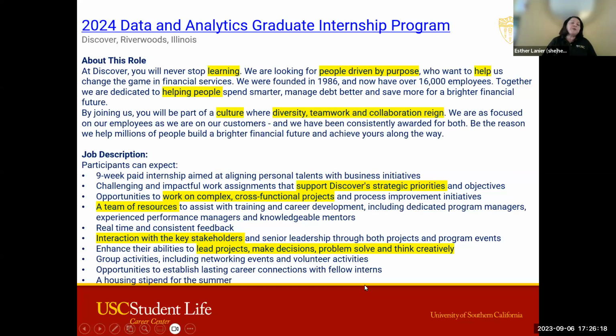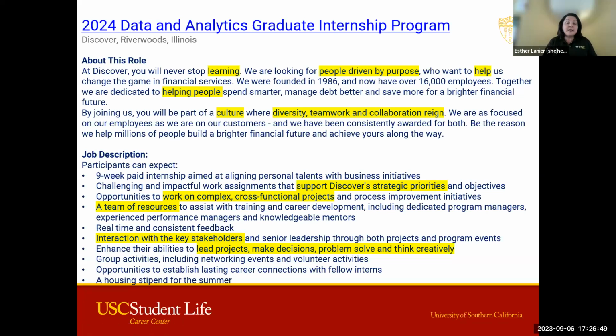This is all about you. So I wanted to showcase a job description that I was able to find. It's a data analytics graduate internship program for Discover. The job description is going to be about 3 slides, so it was pretty long. I was trying to figure out how to make this a little shorter for you, but this is what it is. So anyhow, this is the approach that I would suggest that you take